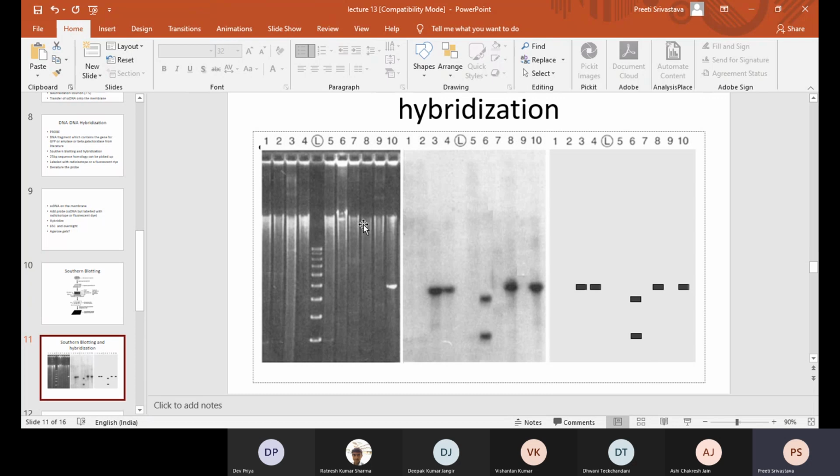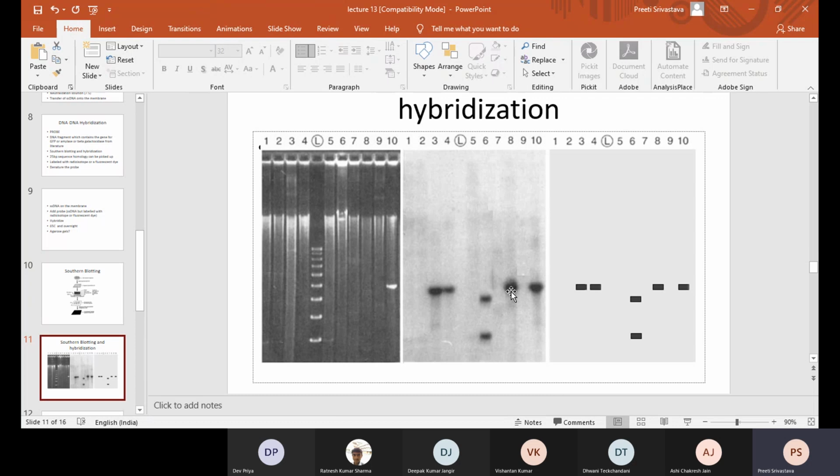So this is how, out of such a large 4.6 megabase pairs in the case of E. coli, or 9 megabase pairs in the case of some of the Rhodococcus strains, you can still figure out the desired fragment which contains the gene of interest. From this you can fish out that this is the place where the gene is located, which is somewhere between 3 to 4 kb. Let's say 1, 2, 3 and 4, so it's between 3 to 4 kb. Now the next question is, from this 4.6 megabase pairs, you could pinpoint that the gene is located between 3 to 4 kb.